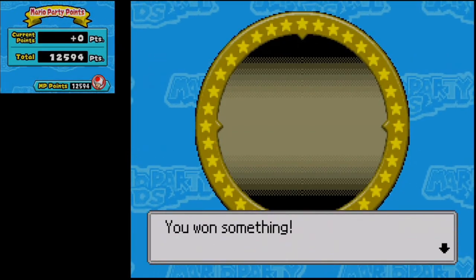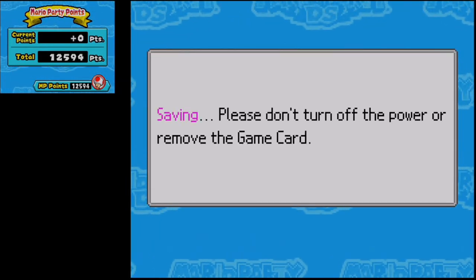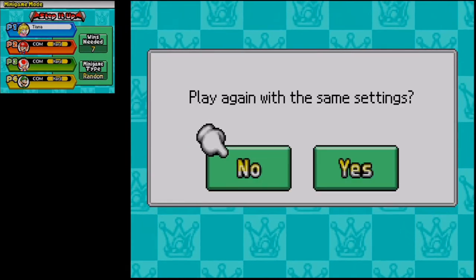But anyway, so yeah, that was Step It Up. Pretty fun mode in its own right. And we got DK's Vine, which was based off of DK's stone statue. So now we move on to the next mode, which was